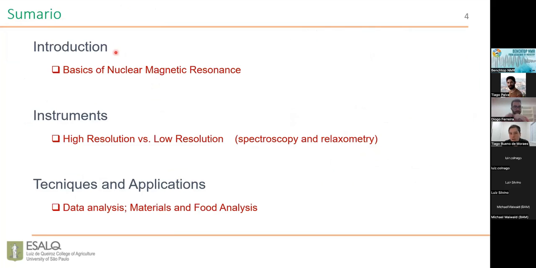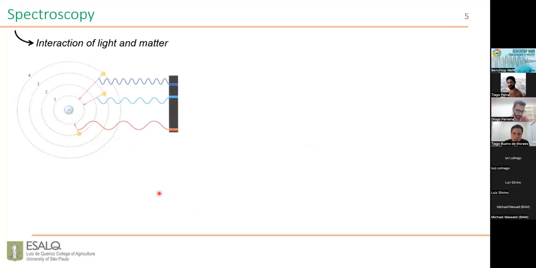Okay, so in this talk, I will start discussing the basics of nuclear magnetic resonance. Then I will discuss some aspects to have in mind about low-field NMR in the sense of high resolution and low resolution methods. Then discuss techniques and applications. First of all,